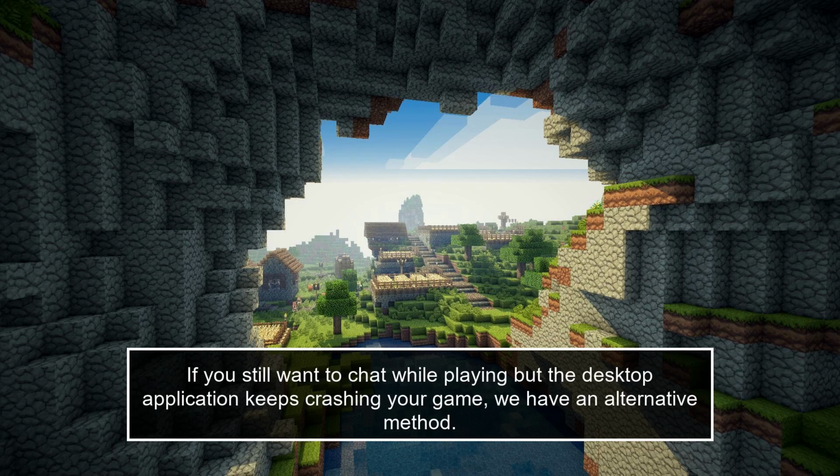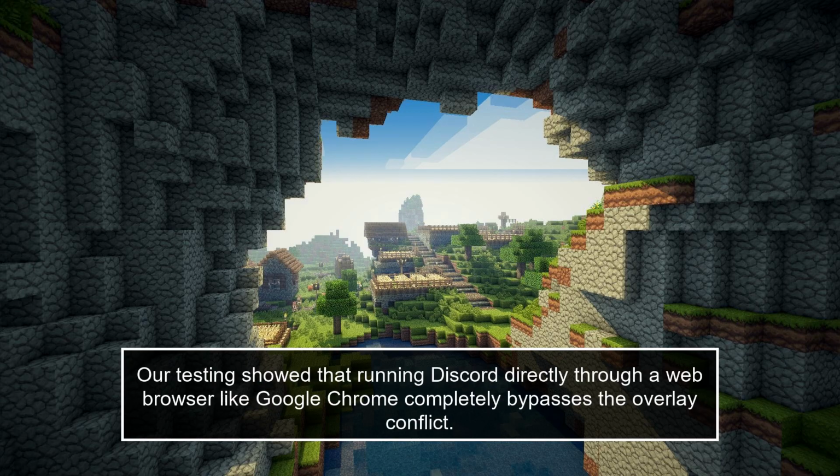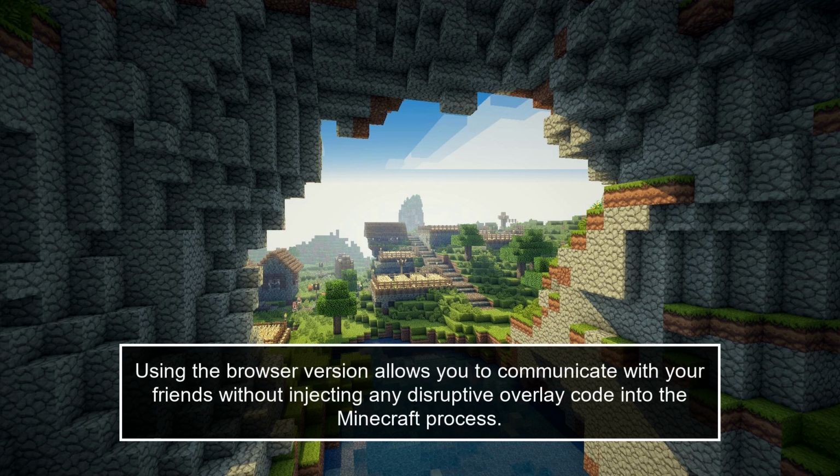If you still want to chat while playing but the desktop application keeps crashing your game, we have an alternative method. Our testing showed that running Discord directly through a web browser, like Google Chrome, completely bypasses the overlay conflict. Using the browser version allows you to communicate with your friends without injecting any disruptive overlay code into the Minecraft